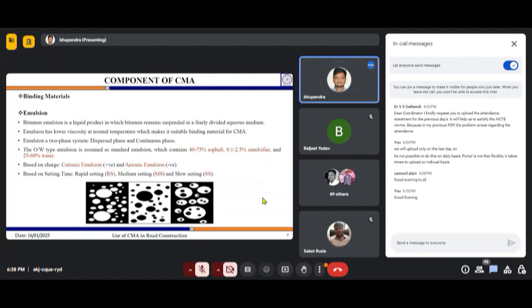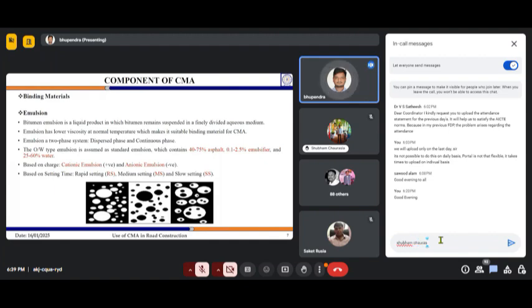So apart from heating, what are the other ways by which we can reduce the viscosity of our bitumen? That is by making the emulsion of it. So emulsion is one type of material. Now, the emulsion has two phases. One phase is called the dispersed phase, and the second one is called the continuous phase. The continuous phase is the large phase in which the small particles of the other phase, the dispersed phase, are dispersed. Okay.